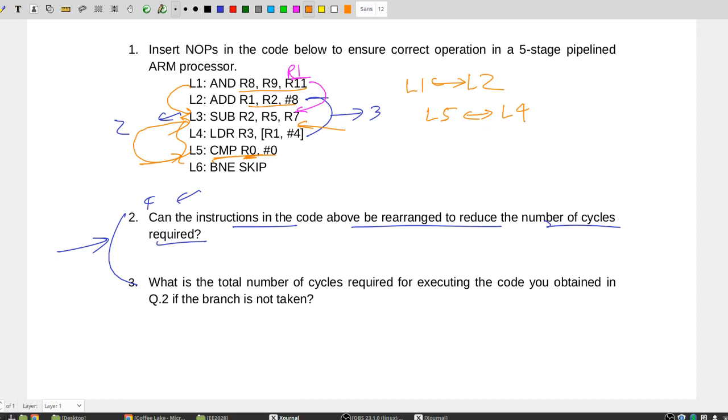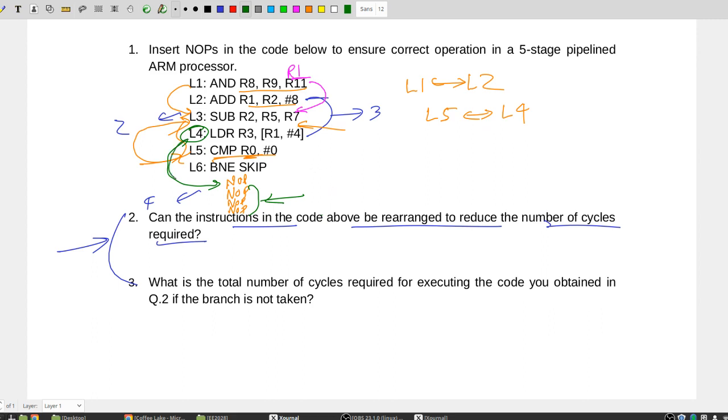That's the idea. Can you do anything about the NOPs after branch? The question is, can I, let's say, bring L4 all the way down to this? Then you can solve all the problems in one shot except for the 3 NOPs here. Right? Is it possible? Okay, think about it.